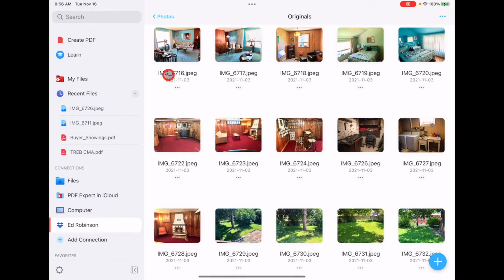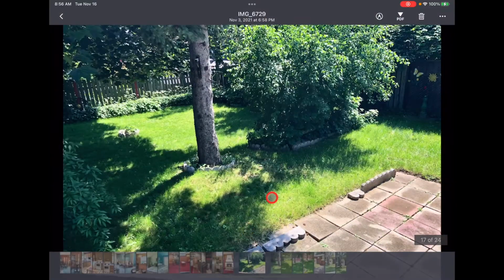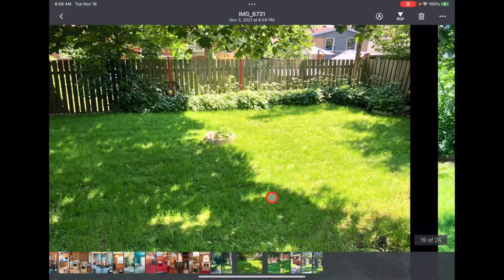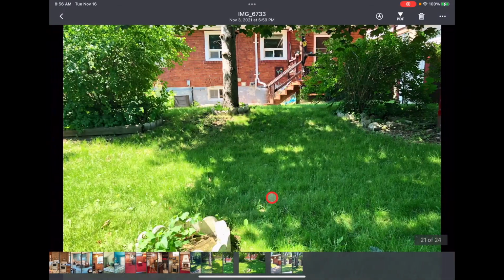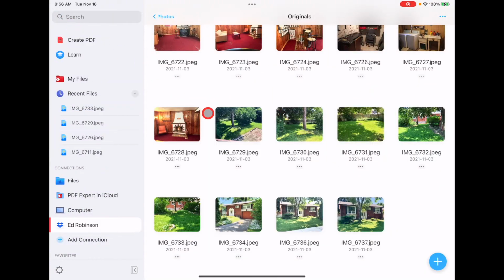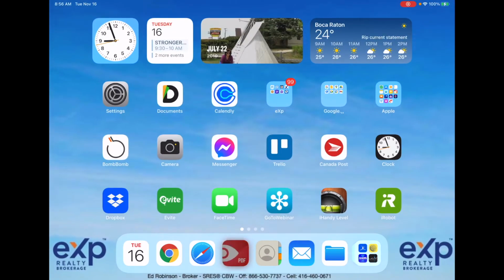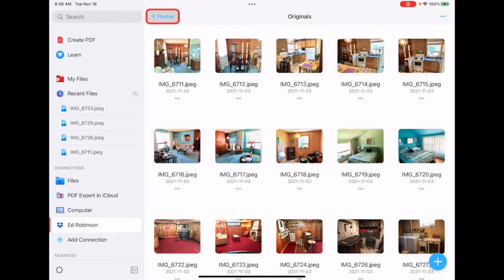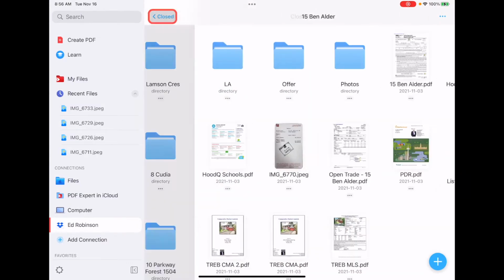So it sounds pretty good when you're talking to a client that you have all that information with you all the time. Also, the backyard was quite nicely treed and fenced all the way around. So you've always got this when you're talking to your clients, showing that you cared enough to keep all this information. So let's get back here again,